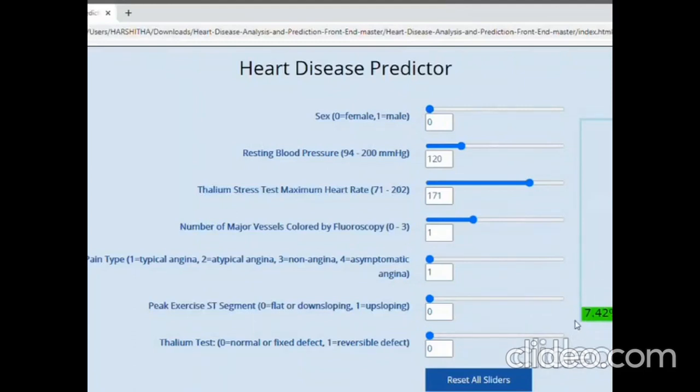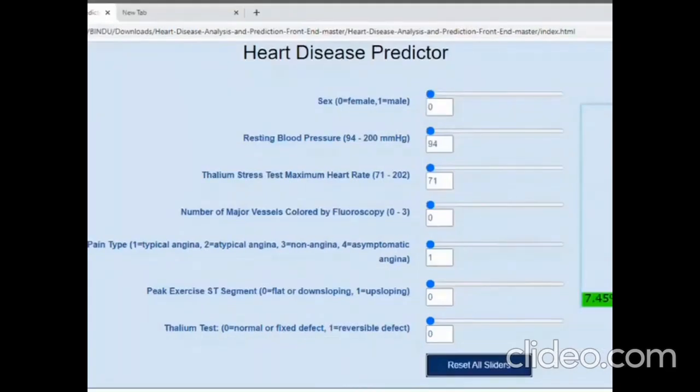Like that, if the gender is male and it has a different range of symptoms, we can also see less chances of heart disease in the prediction. With the help of these attribute ranges based on our body symptoms and the change in the color of the slide, we can say whether we have a heart disease or not. This is the front end of our project. We have used HTML, CSS and JavaScript for the front end.